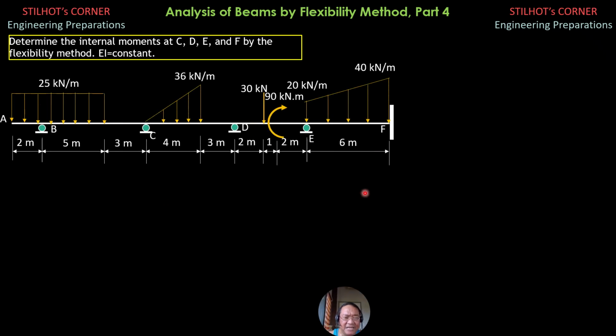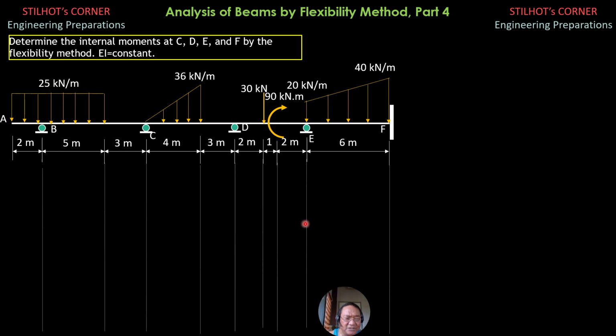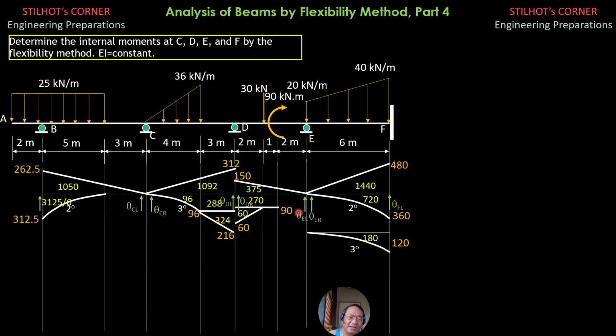So this is the given beam and the moment diagram by parts. Treating the ends as simply supported would look as shown. Now I'll explain. The yellow figures are the areas of the region, supposedly shaded region. So, for instance, the moment of the 25 kilonewton load about B is 25 times 5 times 2.5